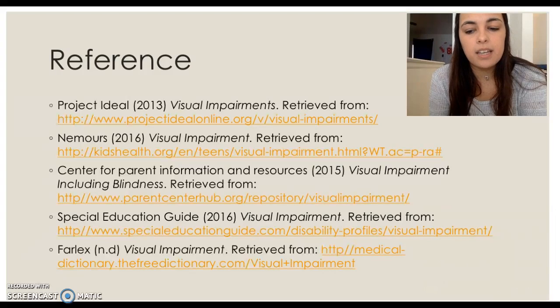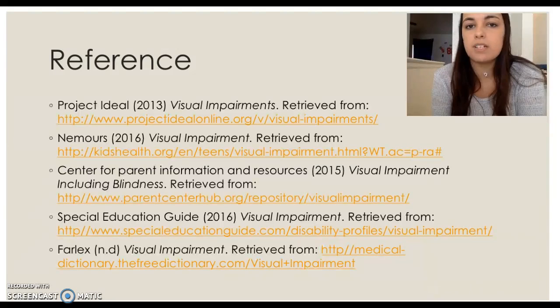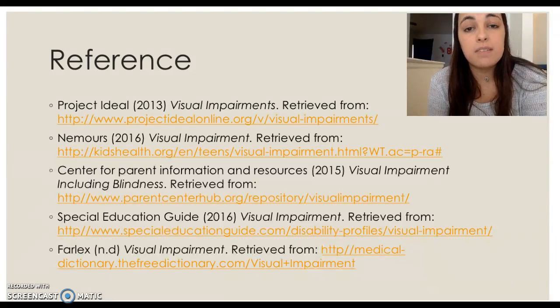This is the list of my references, and just to talk about it overall, this assignment was very eye-opening and very educational for me because I did not know much about visual impairment at all. I knew there was nearsightedness, farsightedness, and color blindness, but did not realize there were so many other categories underneath it. Also, it is very helpful for me to know some of these strategies that teachers can use